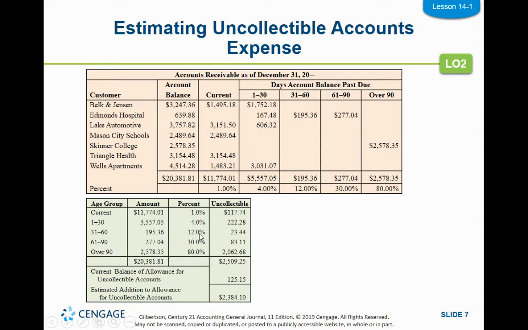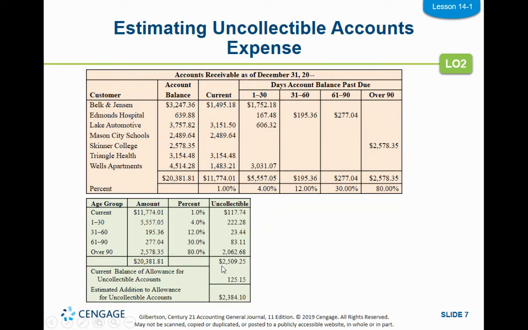30 to 60 days, 12%. And you just do the math and you add up your estimate, and that gives you the estimate of what you think your accounts receivable are going to be uncollectible at this time. Now, if you have a balance in the allowance for uncollectible accounts, you're going to subtract that out,